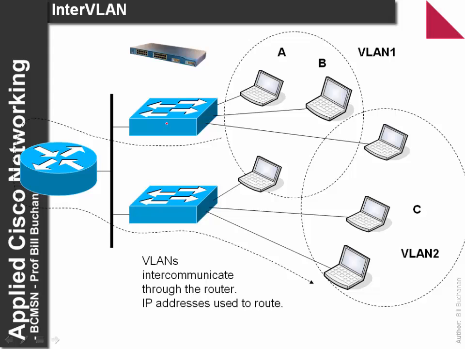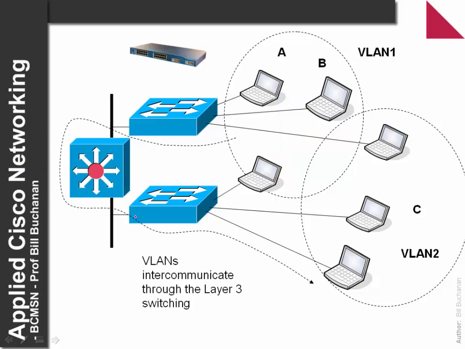So with inter-VLAN, we need to be able to send our VLAN information across a trunking route so that we can join up our nodes across multiple switches. So we typically reserve one port on each switch purely for a trunking route. We can also do layer 3 with a layer 2, layer 3 switch, so that this machine can actually talk to this machine, but only through a layer 3 interface. And at layer 3 we typically define firewall rules to either block or allow traffic at layer 3.